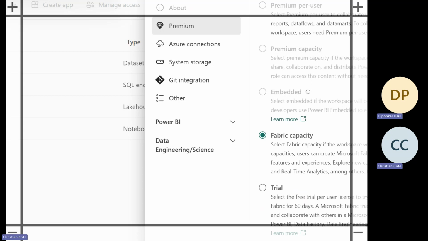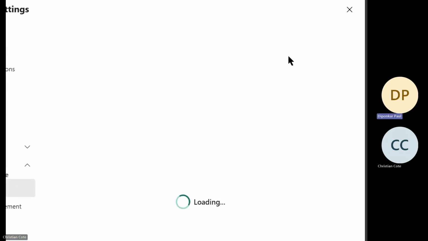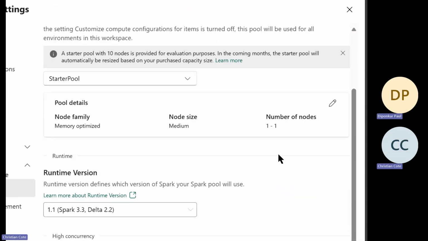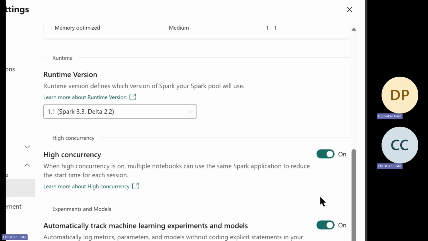So within the Fabric capacity, if I go to data engineering, data science, Spark settings, loading, we're waiting. So you see, I'm limited because I use the cheapest one: one node, one driver, one worker. I can increase the concurrency, meaning that I can use it with multiple notebooks, but I'm limited, which is fine.